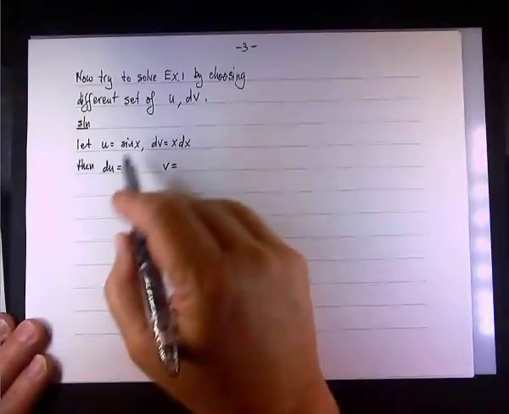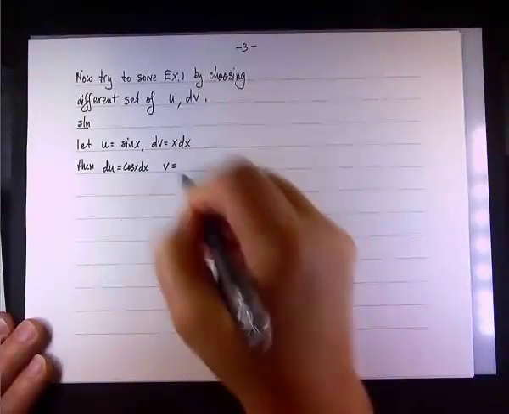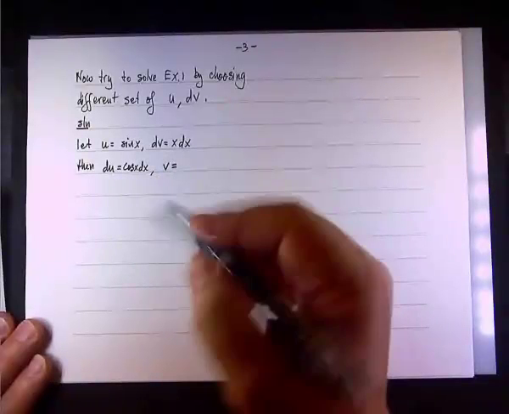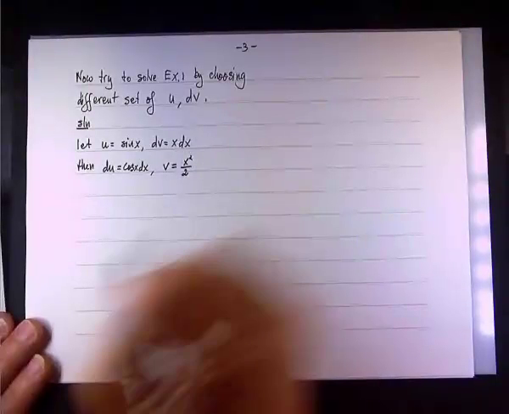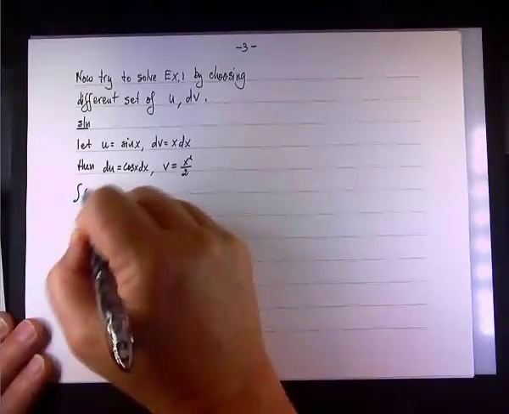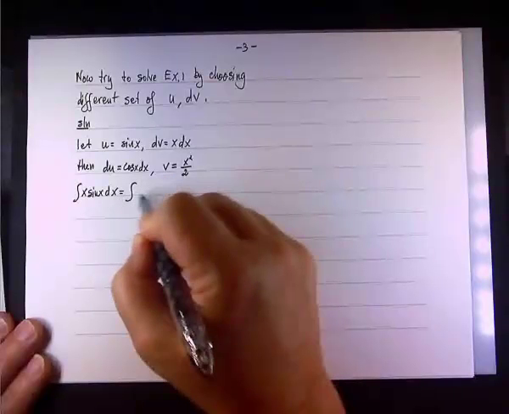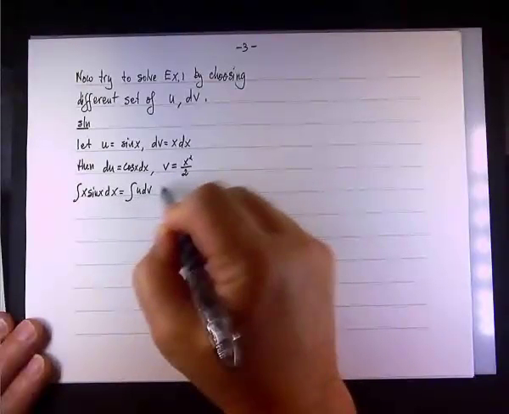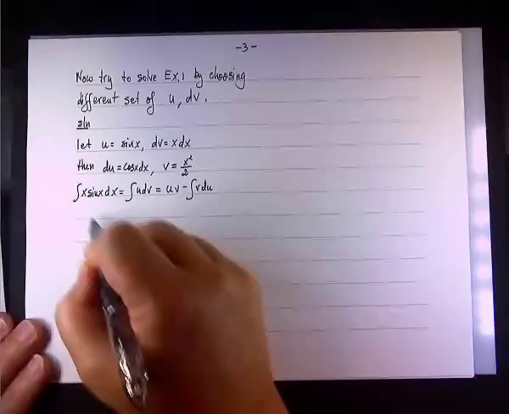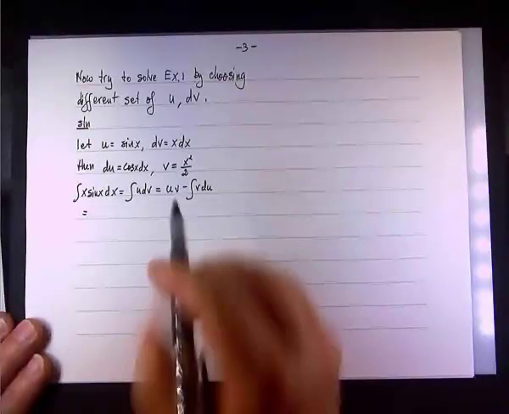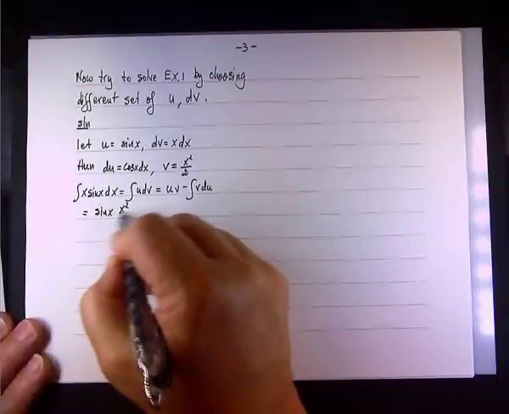This choice will lead to pain and suffering. Let's see, if u is sine x, du will be cosine x dx. If dv is x dx, then v will be x squared over 2, right? And now we're going to say that the integral of x sine x dx with our new notation will be the integral of u dv still, and it still equals uv minus the integral of v du. With the new notation, uv will be sine x times x squared over 2,